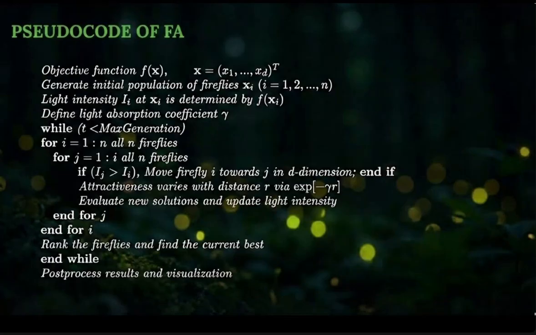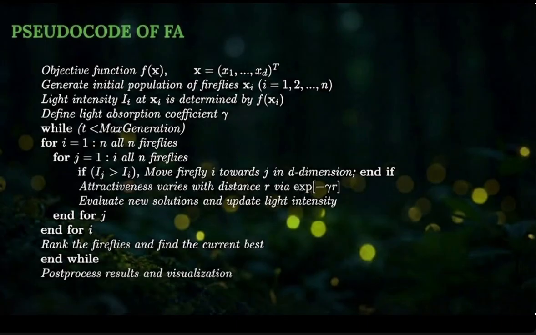Okay, we look at the pseudocode. The pseudocode shows the underlying computational logic of it. After defining our objective function f of x and generating an initial population xi, there's a nested for loop that compares every firefly i with every other firefly j. And the critical condition is that if Ij is greater than Ii, meaning if firefly j is brighter than firefly i,